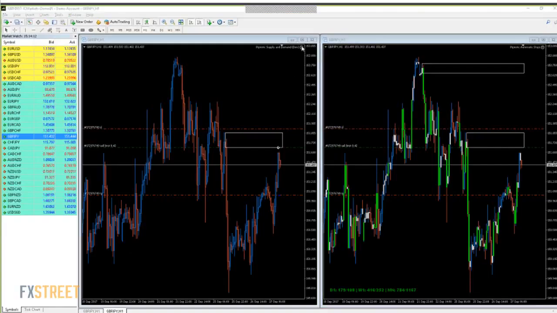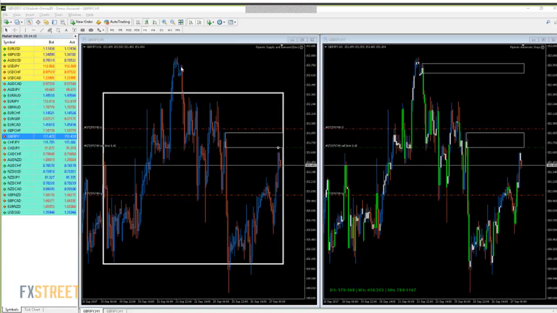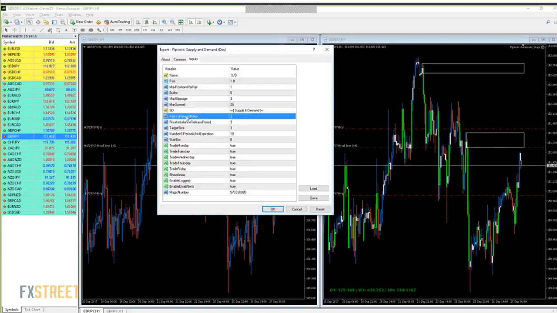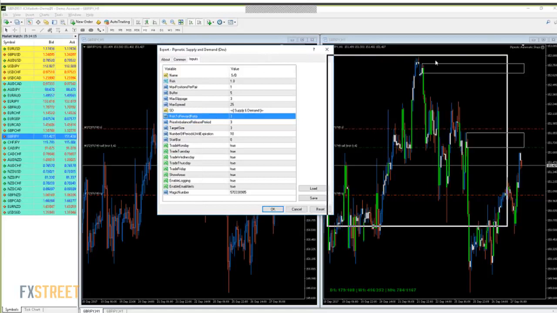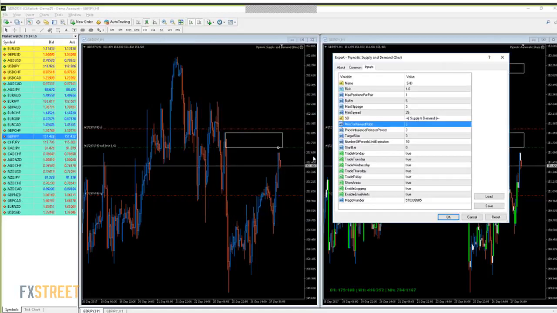So if we look at the configuration here, you can see that we have something called a risk-reward ratio. What does that mean? Well, that simply means that once the algorithm has identified an area of, in this case, supply, we know how big it is. So let's say, just for the sake of example, that this is 10 pips. We want the risk-reward ratio to be 3 times that. Which means that when price leaves accumulation, it has to move at least 3 times the size of this area